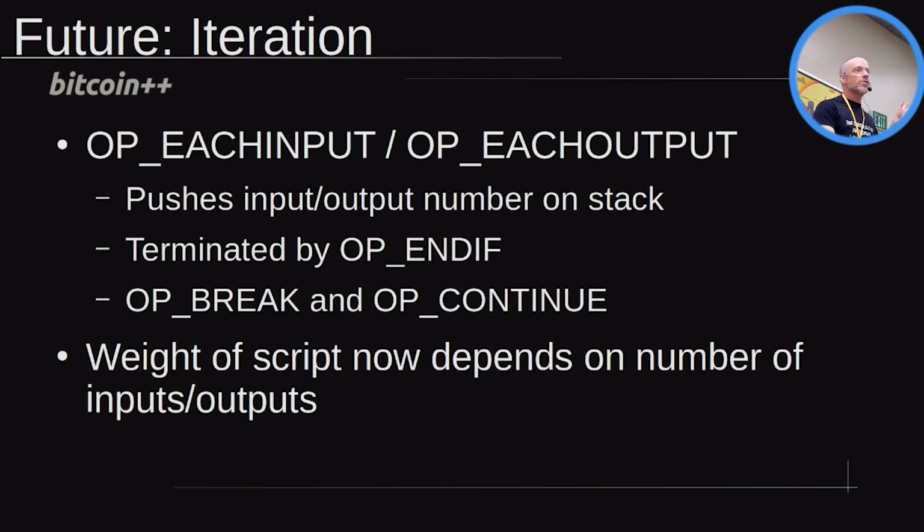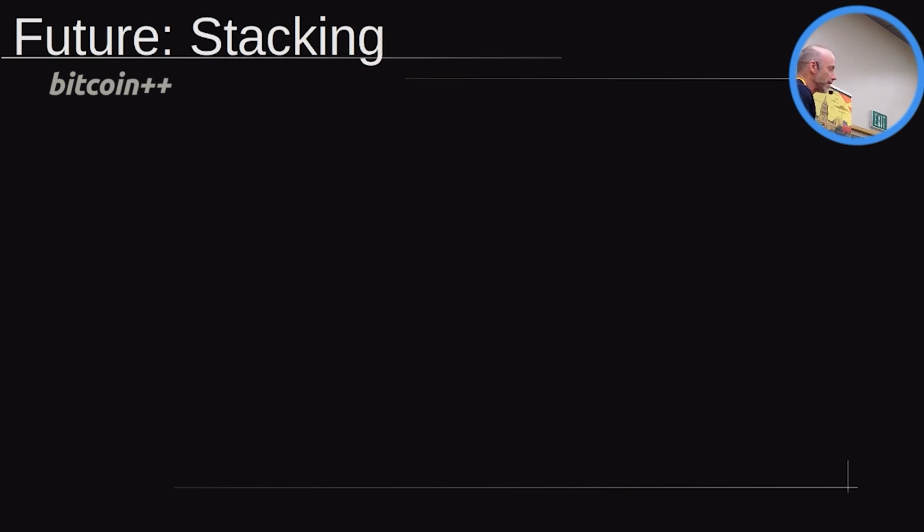And I am only suggesting this because even the mental model of this existing proves to be useful. So even if we never actually implement OP_EACH_INPUT and OP_EACH_OUTPUT, they turn out to be very powerful tools to evaluate other things. And we'll see that in a moment. OK, now,